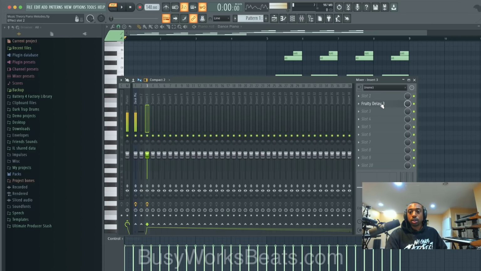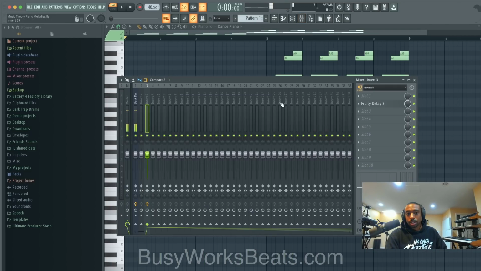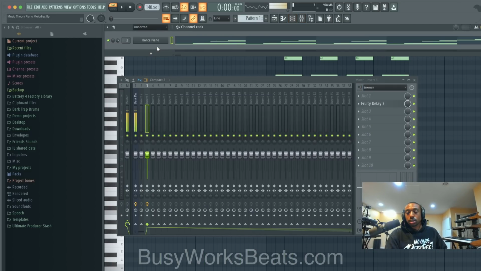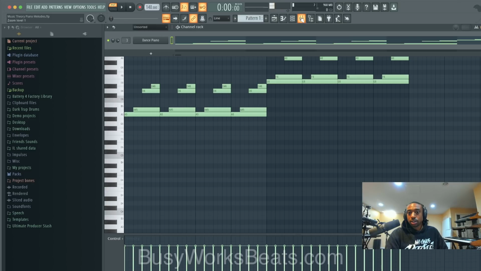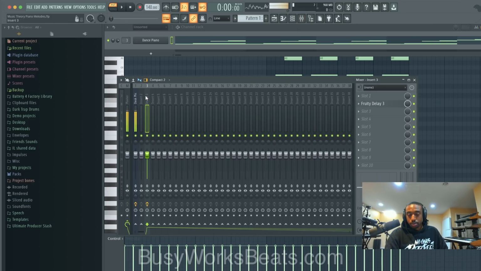Okay, we're gonna go to the mixer now, which is this icon. And you wanna send your piano to the mixer. If you don't see this little number to the left, hit Alt-M to hide or reveal that number. And hit Control-L to send it to a blank mixer channel. Okay, so it should have a number next to it. We go to the mixer and then match up the number. So on mixer channel 3, we have this sound.